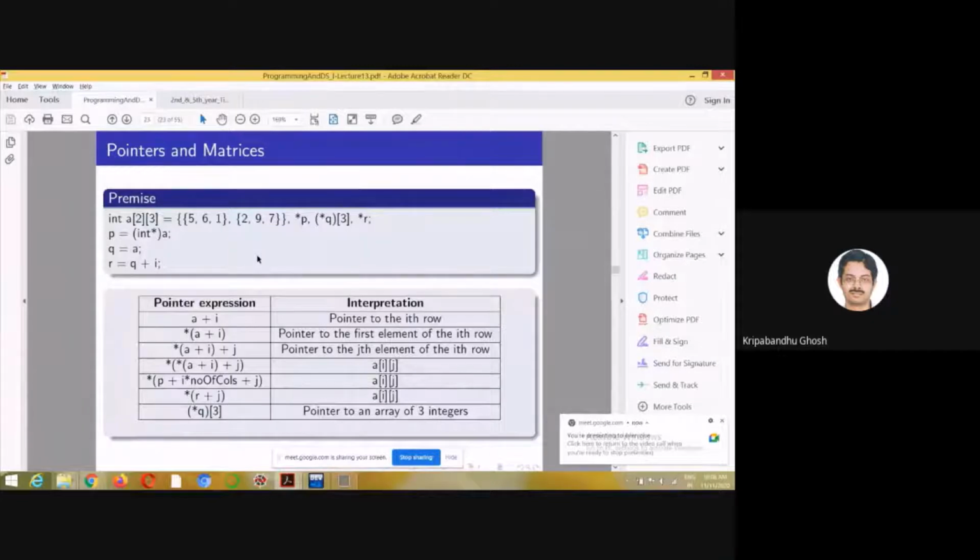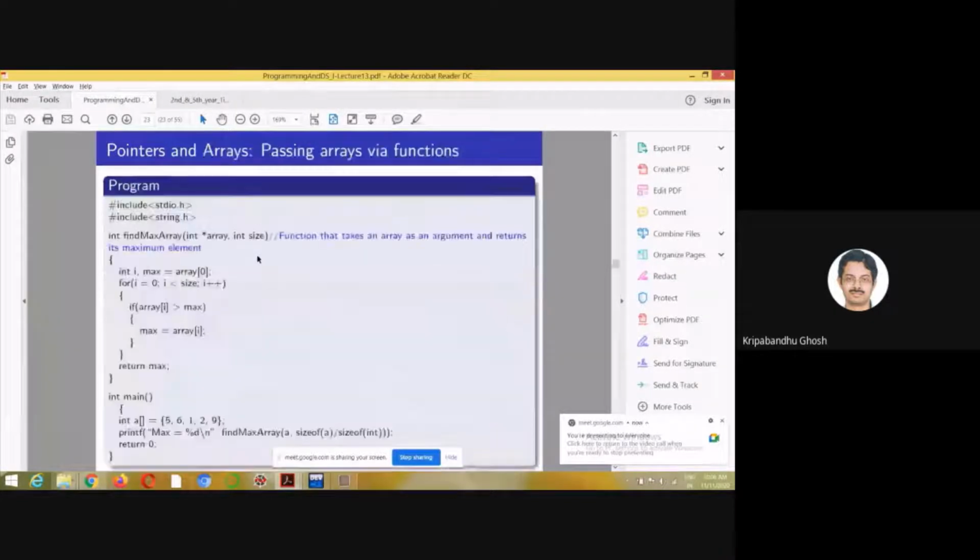So in the previous class, we talked about how to handle arrays using pointers, and we also tried to pass an array to a function using a pointer, right? And someone asked me whether we can calculate the size of the passed array in the function instead of explicitly passing it.